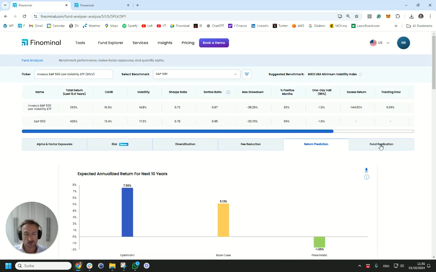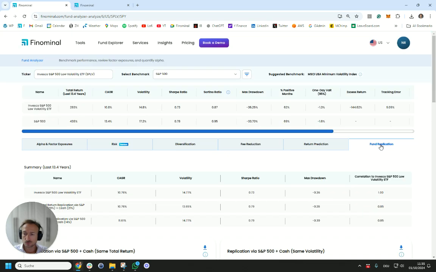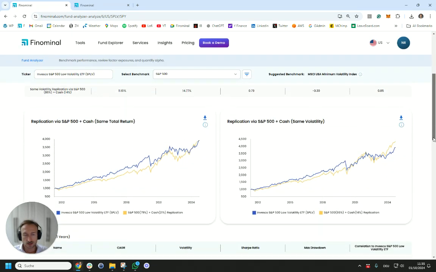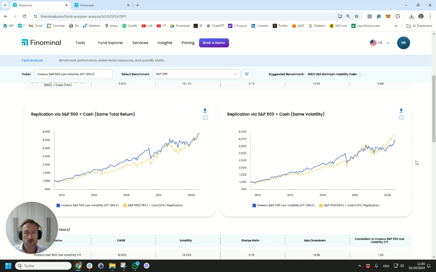And the final tab over here is fund replication. This is more useful for alternative strategies, simply because often you find strategies that seem to be less volatile than the stock market, but still seem to feature the same drawdowns, and we call those diluted equity exposures or equity proxies. They don't really contribute much value. And so what you can see over here is a simple application